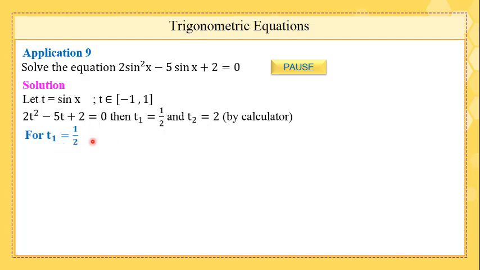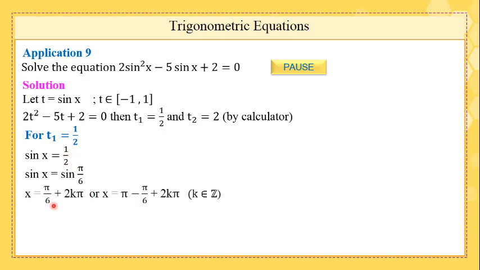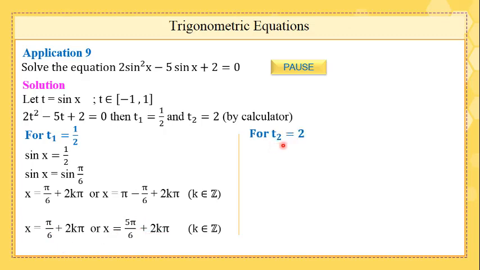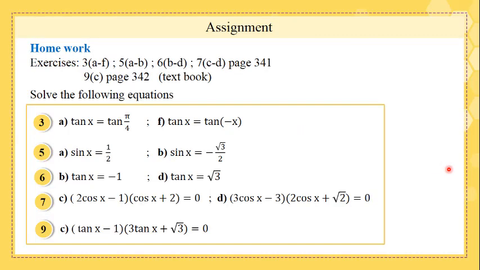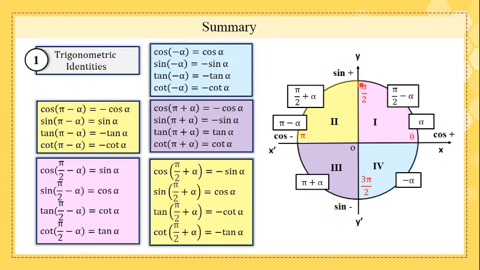For t1 equals half, put sine x equals half, replace half by sine pi over 6, then x equals pi over 6 plus 2k pi or pi minus pi over 6 plus 2k pi. Finally x equals pi over 6 plus 2k pi or 5 pi over 6 plus 2k pi. For t2 equals 2, sine x equals 2, thus there is no solution since 2 does not belong to [-1, 1]. As an assignment, summary: